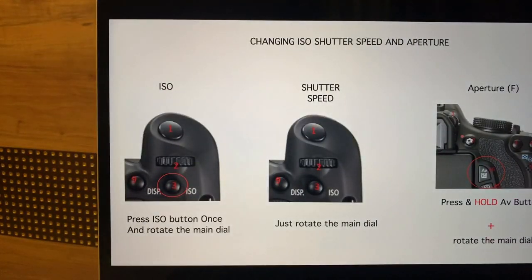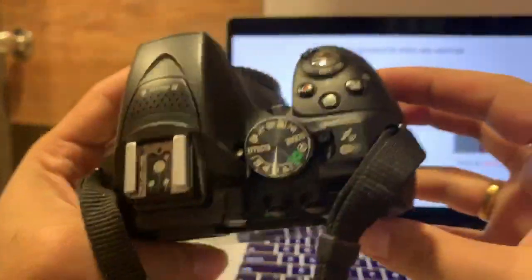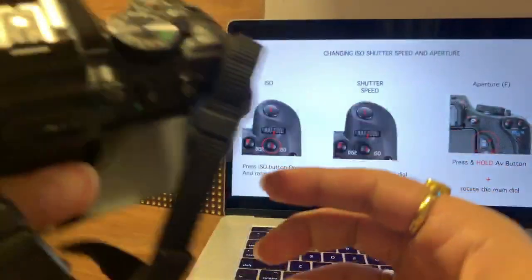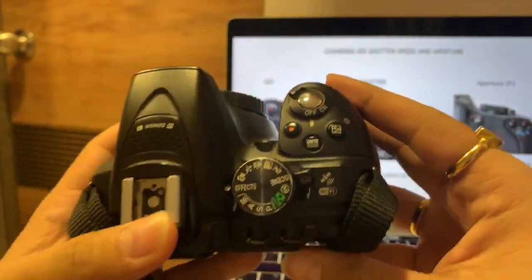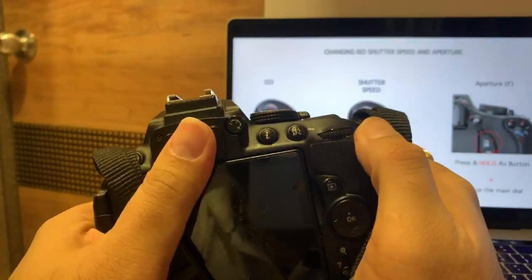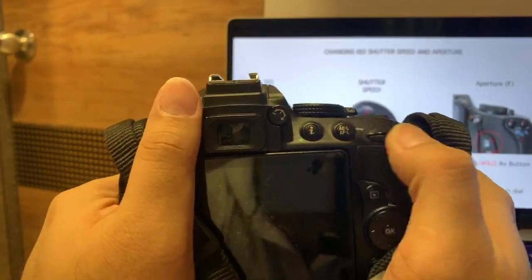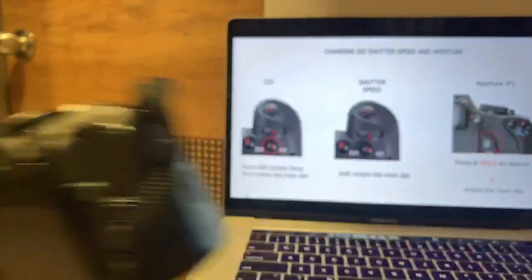I hope you all remember that. And for Nikon people, I went to my clinic and bought my Nikon camera as well, because a lot of Nikon people could not see it. So in Nikon, if you just rotate this main dial, your shutter speed will change if you have an entry-level Nikon. If you rotate this, your shutter speed will change.